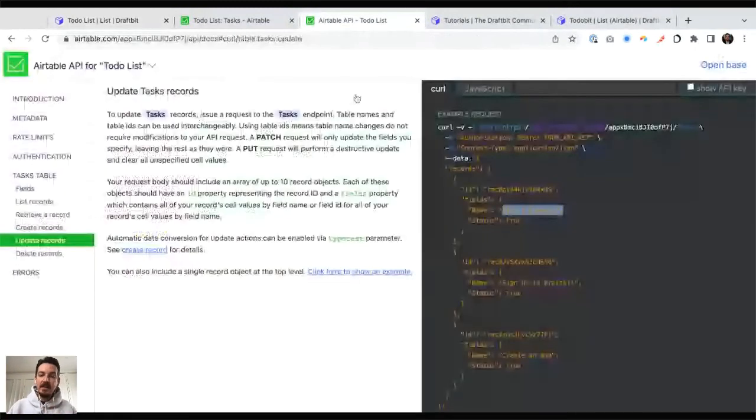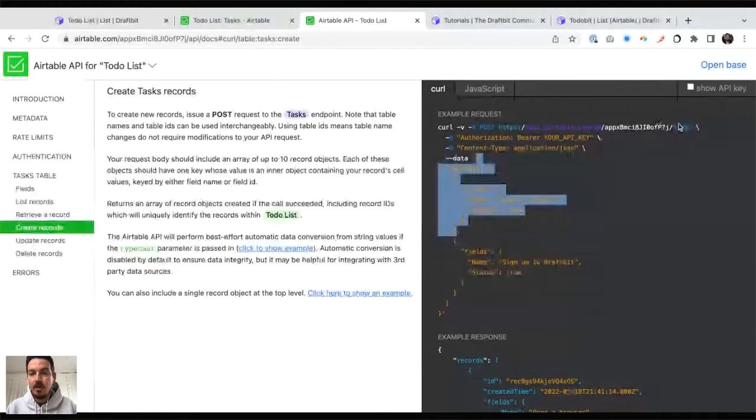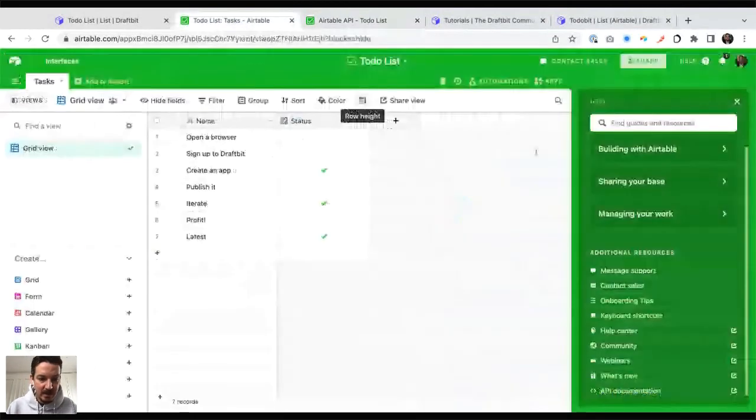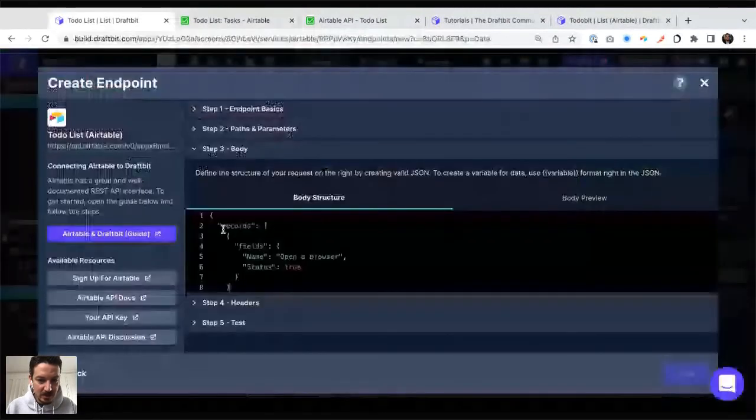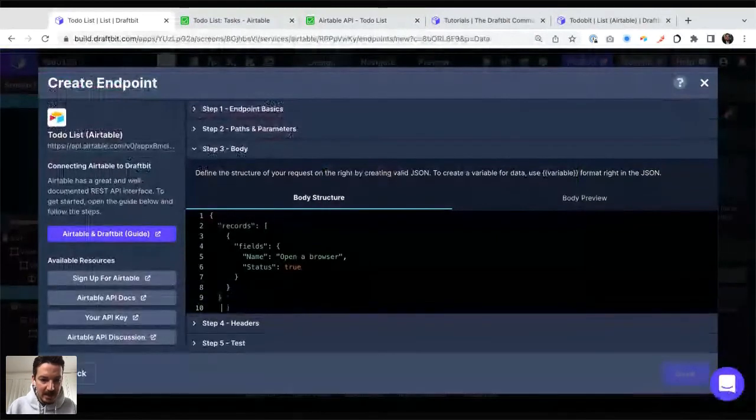Hopefully you even see that dynamic of going back and forth between the front end, back end, and documentation for the back end is a very typical thing that you're going to have to do when you build applications. So I'm going to find the right part of the documentation, which is about creating a new record. And this is the field that it's expecting, in addition to the name of the table, the method, and the API key that I've already added. So the only thing I'm missing here is this. And so I just need to make sure I'm closing all the brackets properly. I think I am. 1, 2, nope, I did this one wrong.